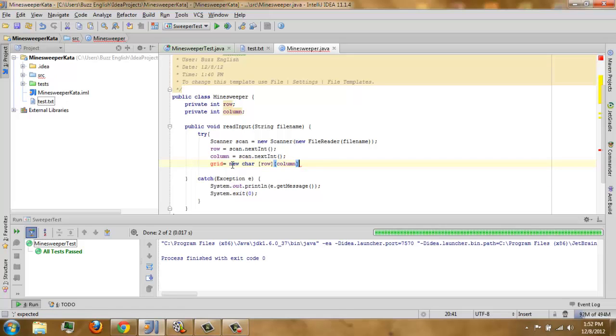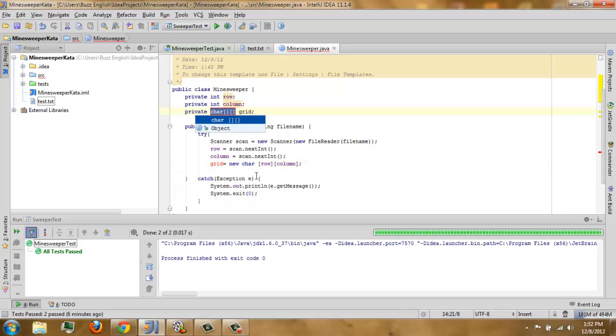Then we have a red again, so we'll make another field, and then we will continue.